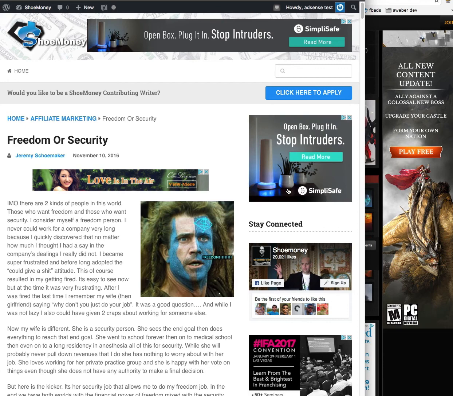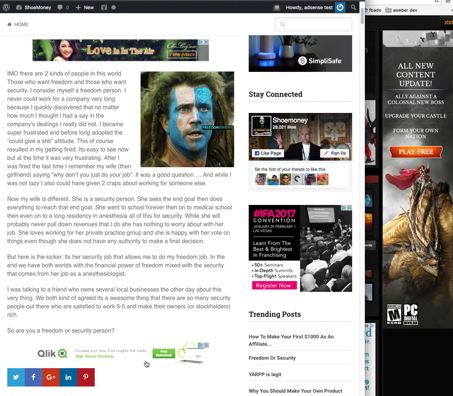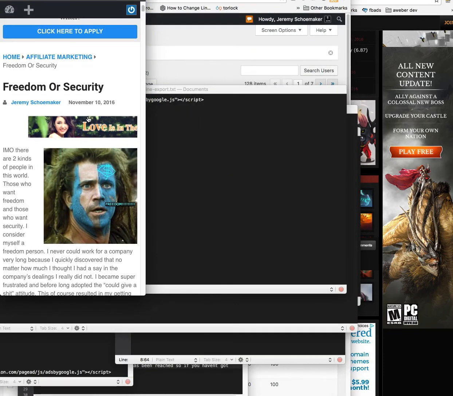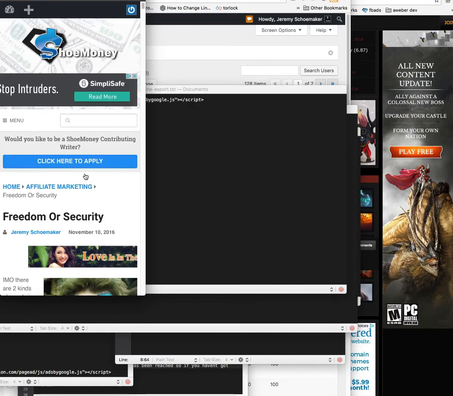Like I said, I've been testing these extensively. The ones that get the most clicks are the ones actually inside the content, so the ones here and the ones down here. Part of that is also because on mobile, this one will display and the bottom one will display. And I think that has a lot to do with it because it's on mobile.